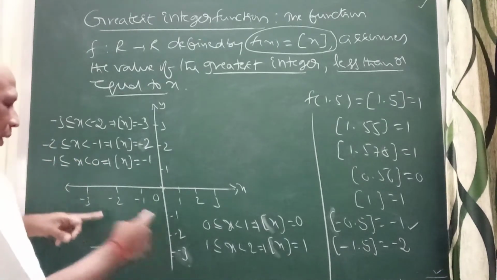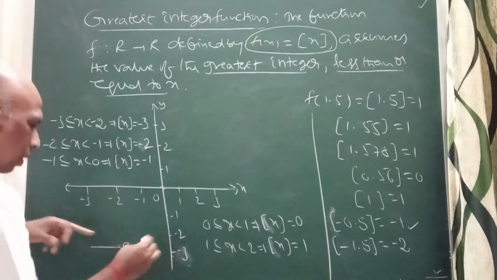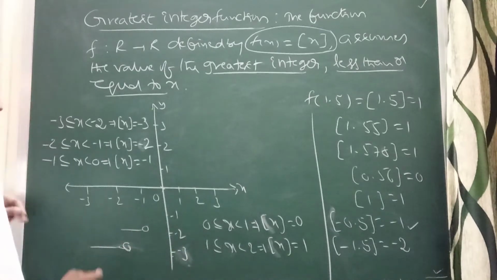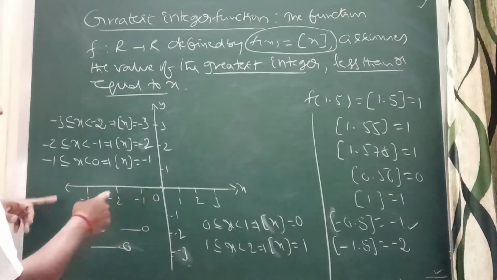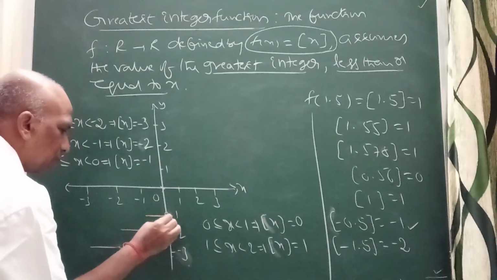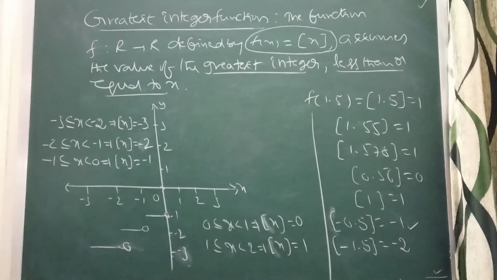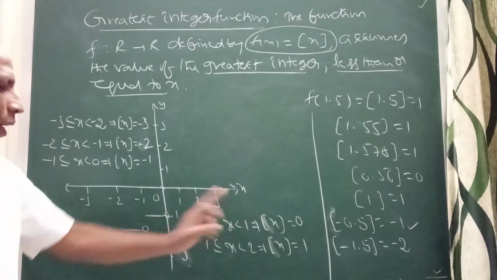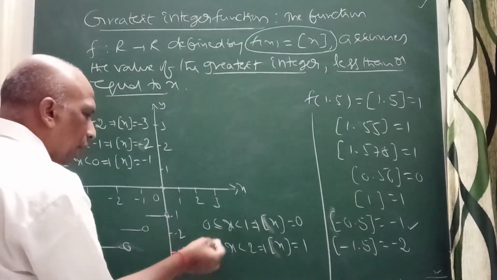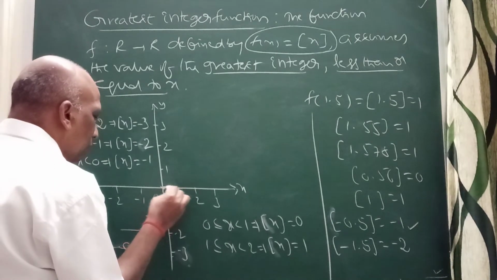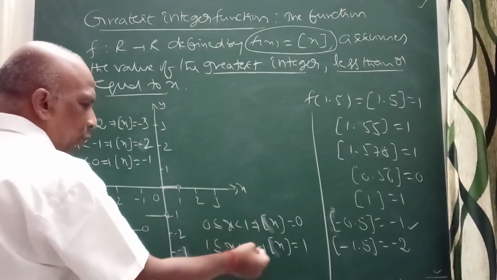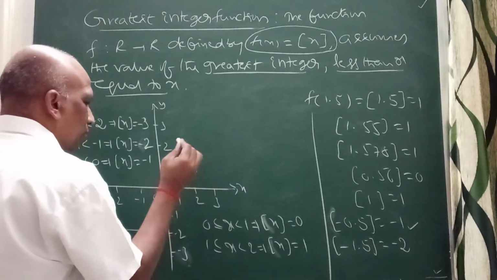If we take between minus 2 and minus 1, step x is equal to minus 2, it will come like this. Correct? This will be minus 2. And if we take between minus 1 and 0, step x is equal to minus 1. It will come like this, excluding this value, because we don't want to include that value, right? Between 0 and 1, it will be 0, right? The same, it will coincide except that. Again, between 1 and 2, it will be 1. It will come like this.